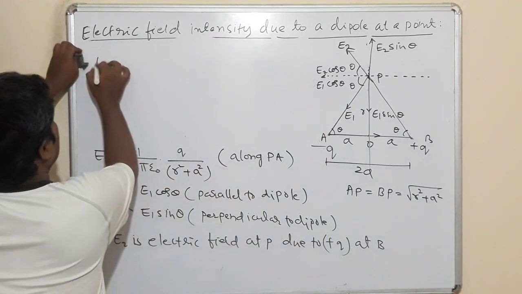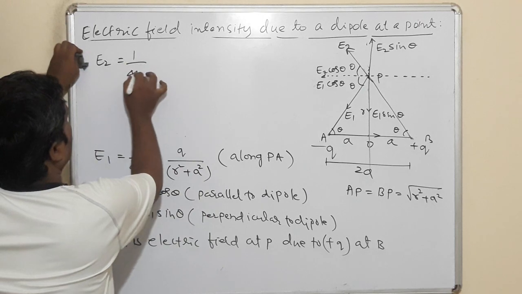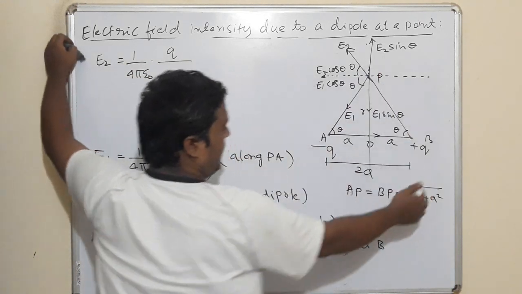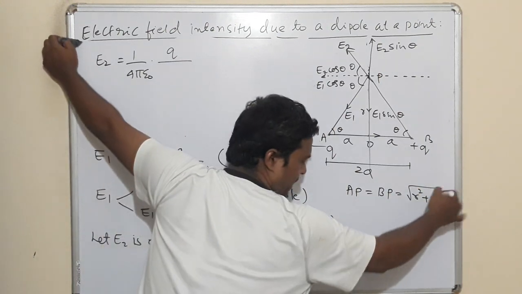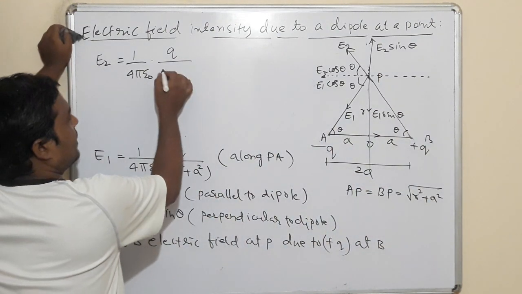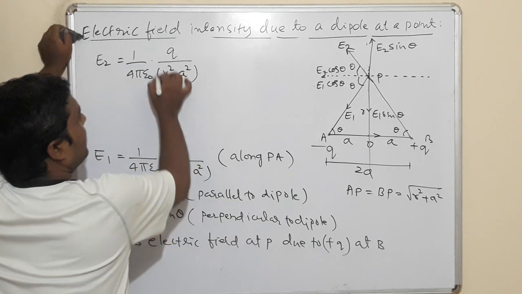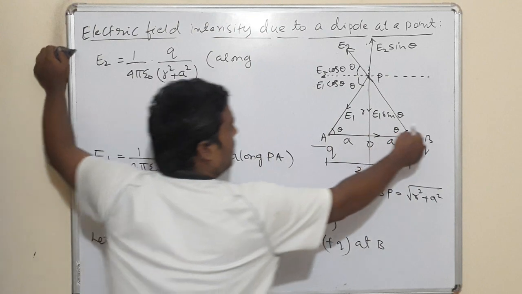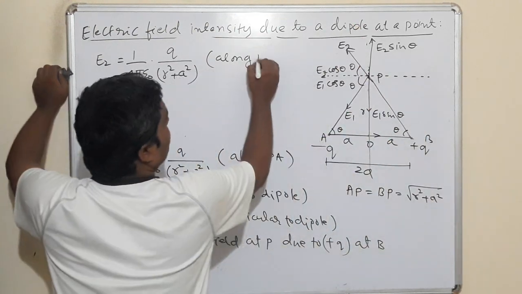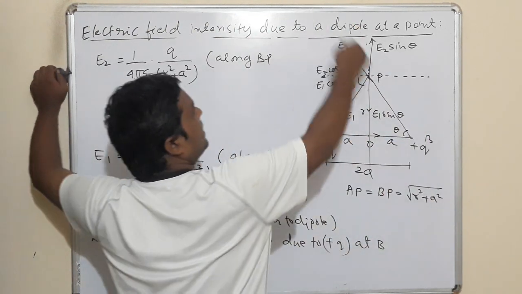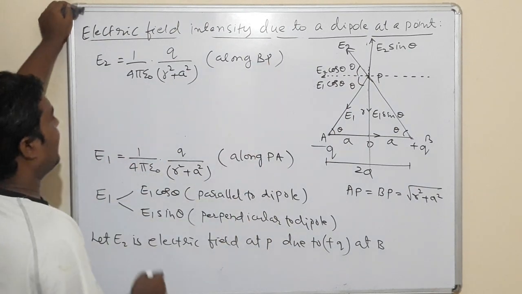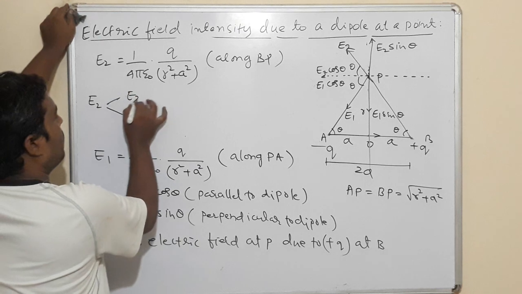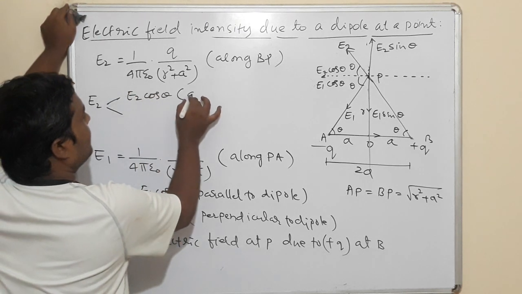Then what is E2? E2 is equal to 1 by 4 pi epsilon naught, this charge divided by BP square. BP square is again root of r square plus a square whole square. Then this will be r square plus a square. The direction of this field will be along BP or PB. This will be along BP, away from the charge. Okay. Again, this can also be resolved into two components. One is E2 cos theta,